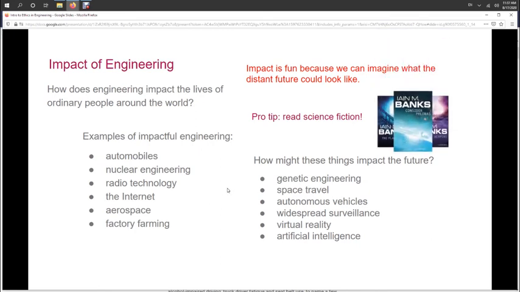Yes, this is the Culture series by the author Iain M. Banks. It might be as many as 10 novels. I've read 4 or 5 of them so far and have been really enjoying it. This is the first one, Consider Phlebas. It deals with space travel, artificial intelligence, autonomous vehicles and autonomous spacecraft, genetic engineering for sure. It's all in there. So I find it interesting. If you have time, maybe during the break or something, you're looking for something to read, this could be a good choice.